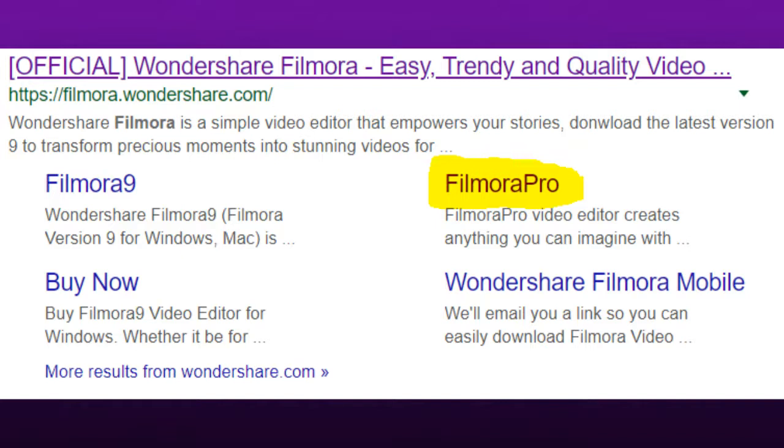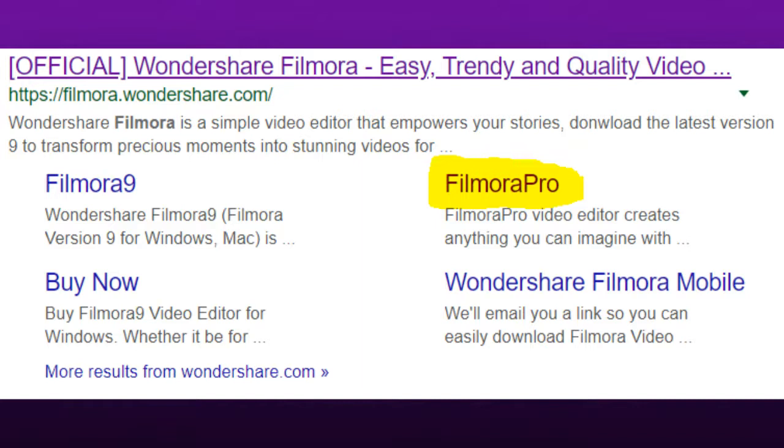If you have been looking around on YouTube trying to find a video on how to create a reaction video or how to react to videos, how to edit it using Filmora, please stay tuned and I will be showing you shortly. So the first thing you do, as you can see on the screen, is go to Google